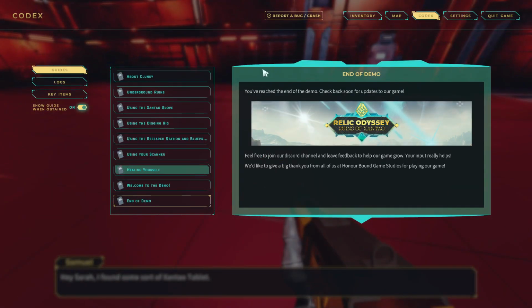Formidable opponent. Hey, Sarah, I found some sort of Xantel tablet. Oh, look. Well, it's the end of the demo, so I didn't even get to pick up the stuff that I got. Anyway, so as I was saying,